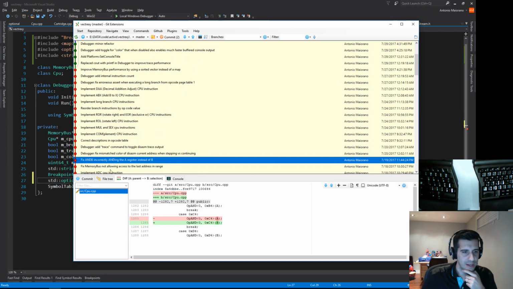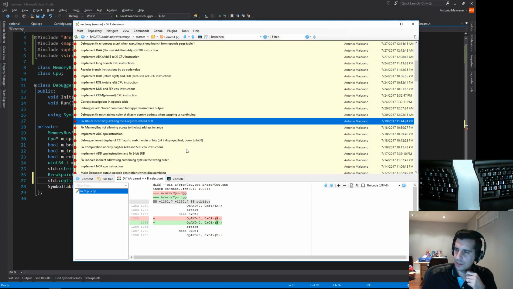Fix. That's it. I think it was this one. Is it related to AND B? Yeah, it was related to this one. It was a previous instruction that would mess up the future instruction. So if we look here at the diff,